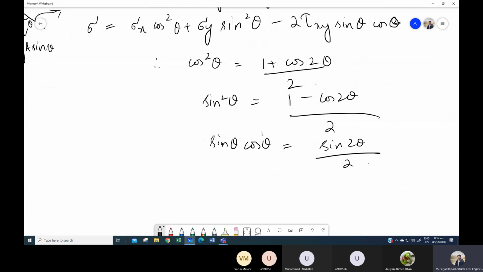So now we will replace these identities into this equation, and we will get sigma is equal to sigma